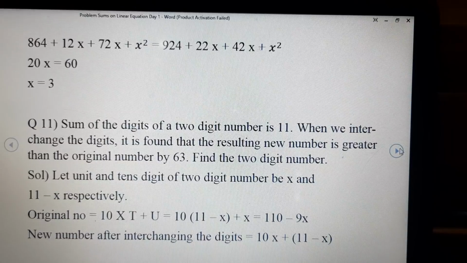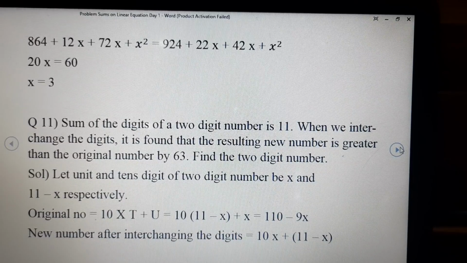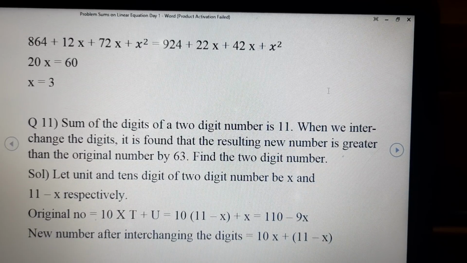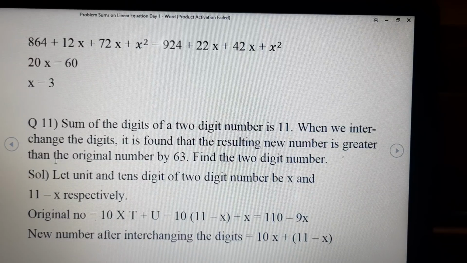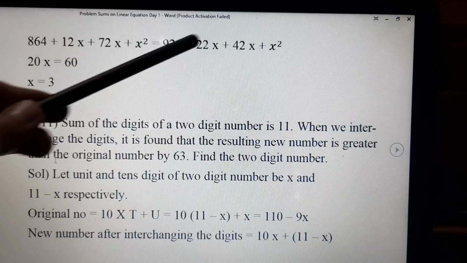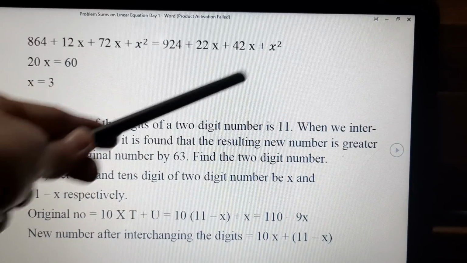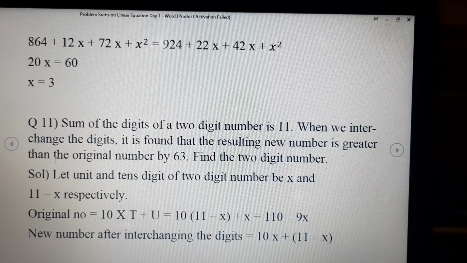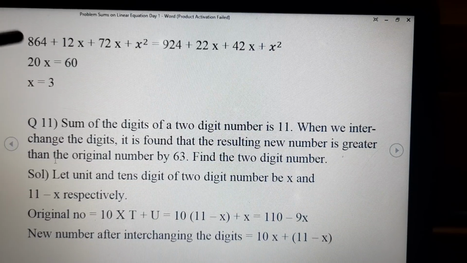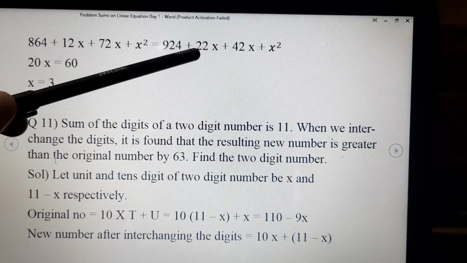If we have the same thing, similar thing in LHS and in RHS, then we can always cancel them with the same sign. Plus x square will be cancelled by plus x square. Plus x square will not be cancelled by minus x square. Clear? Now if we assemble them, 12x plus 72x we have to add them, 22x plus 42x we have to add them, then we have to transfer them this side. Clear? And we will get 20x is equal to 864 will be brought here.